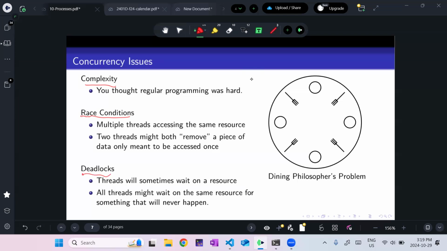Deadlocks. So we have a lot of blocking and waiting. So we want to protect our resources, right? If I have multiple threads acting on a variable, I might block and wait based on a semaphore. And what can happen is that everything blocks and waits on the same resources. It doesn't really happen with one resource, but it can happen with multiple resources, right?